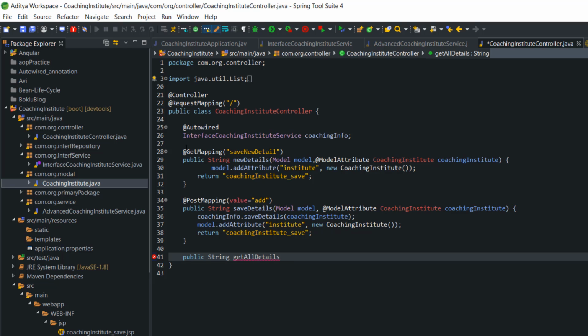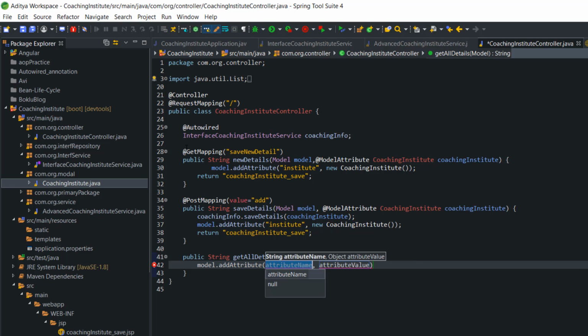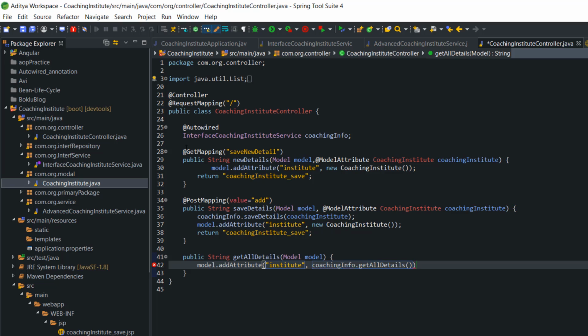Public String getAllDetails, in here Model, institute and coaching info. In the service class we have already implemented that one. We have already seen that one. Now we will just call that service method, coachingInfo.getAllDetails. After that we will just return